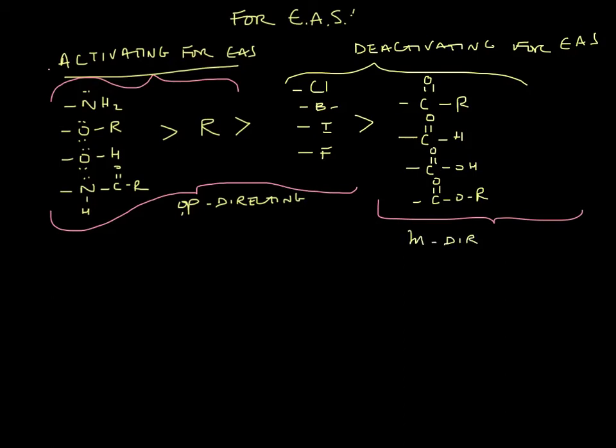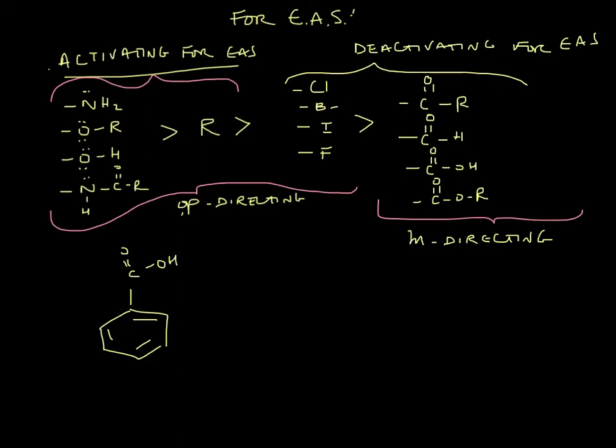So if you have a carbonyl on the ring, it is going to make that second substituent show up at a meta position. So what this means is if we started with like benzoic acid, so just a benzene ring with a carboxylic acid on it,